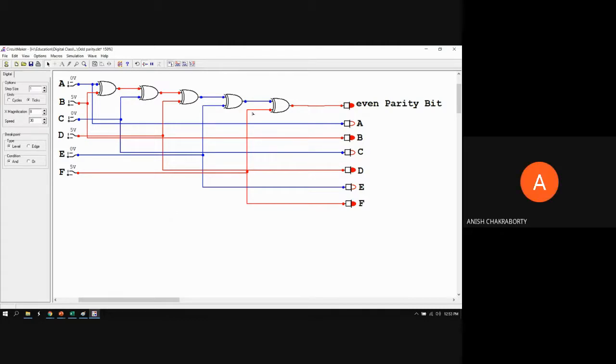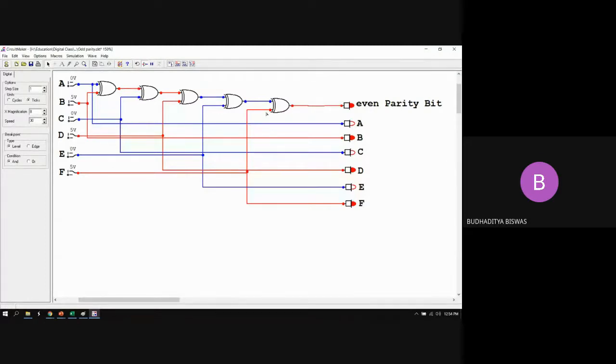Sir, what is the significance of generating odd and even parity? Significance means when I need to send the data to the receiving end station, I don't depend upon the data, because data may contain even parity or odd parity. If I only depend upon the data, then sometimes I need to tell the receiving end station whether I sent an even or odd number of bits. So I generate an extra bit called the parity bit, and when this bit is added to the total data, it makes either even parity or odd parity according to the circuit.